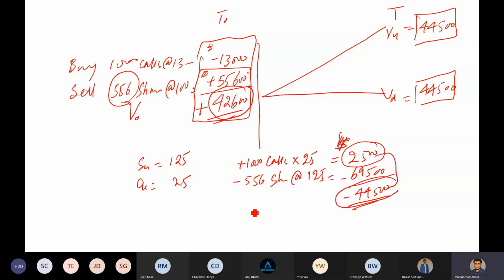And if the stock price goes down, the 1,000 calls will be worth zero. But then the 556 shares that you need to purchase will also have a reduction in their price of 80, so that will be approximately 44,480. That is, if I just round them, 44,500. Okay, now